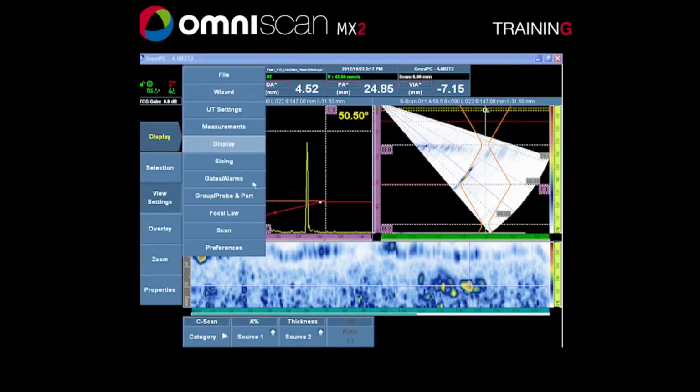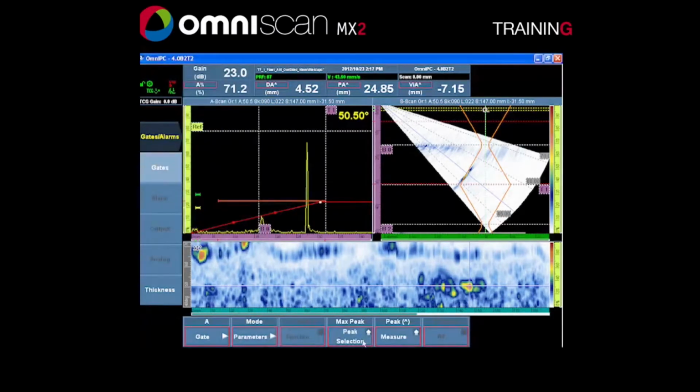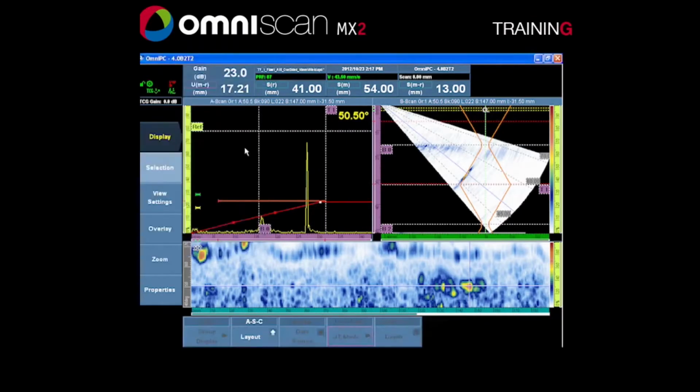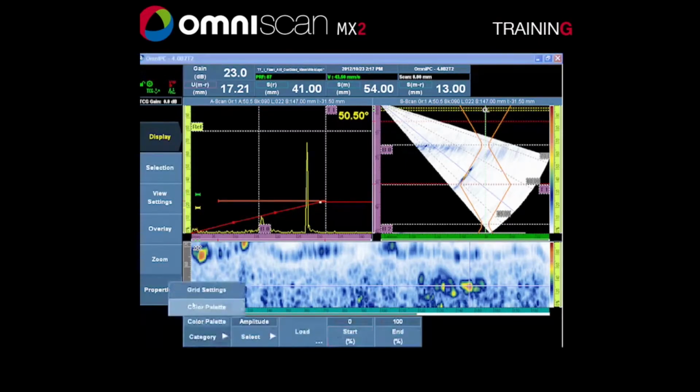It's important to know what gate mode we are in, available under gate, mode, either first or max peak, and either under peak or leading edge. From the max peak mode, each pixel is generated based on a color palette for the maximum signal in the gate. Continuing into the display section, for the properties color palette, the amplitude-based C-scan is scaled from 0 to 100%,